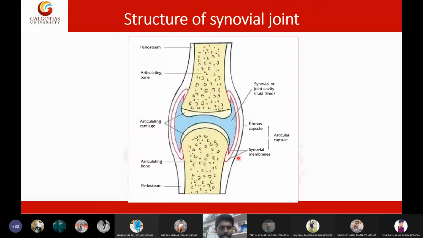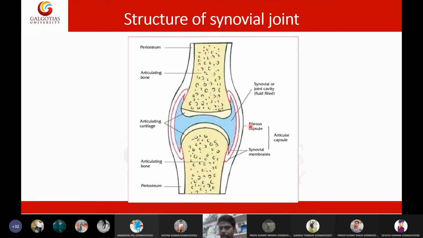So the fibrous capsule is the outermost capsule. It is completely enclosed by this fibrous capsule. And after this fibrous capsule, you will see certain ligaments. If we keep ligaments in this picture, you can't understand the picture properly. So usually in textbooks, they won't show ligaments in the synovial joint. But of course, there will be ligaments. They are supported by the ligaments and muscles.